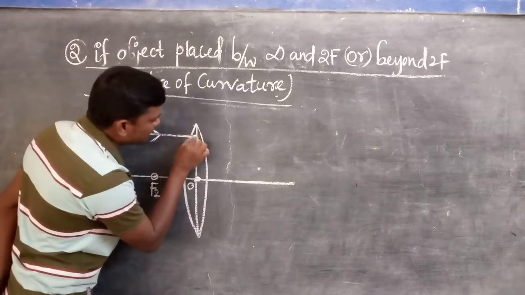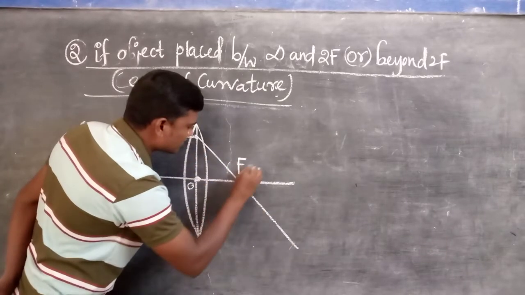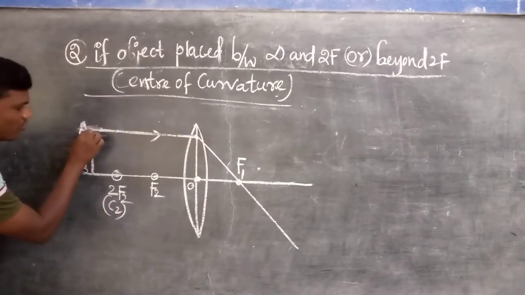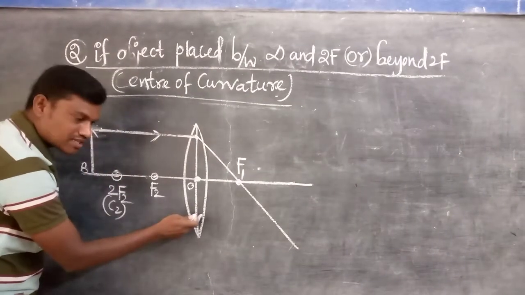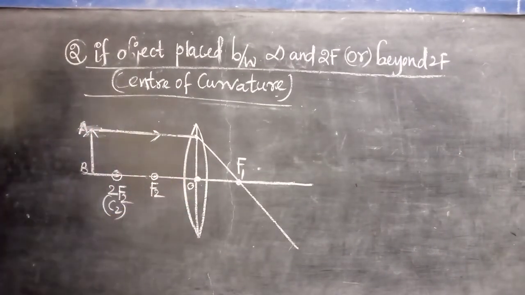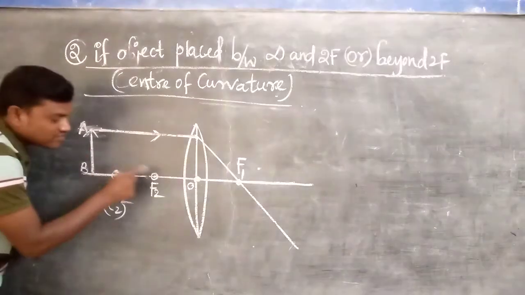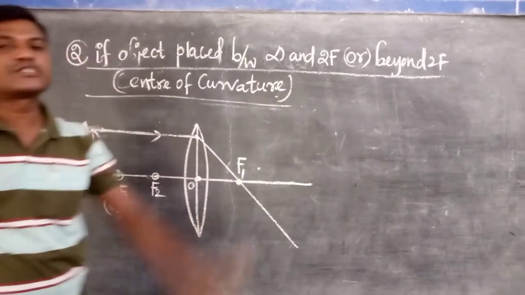That's why after the refraction, it passes through the which one? Focus. It is F1. Okay. Next, one more ray we also consider. You can consider either one: it is passing through the focus or it is passing through the optic center, as you wish. And I say that if the incident ray is passing through the focus, after the refraction it must be parallel to the principal axis.